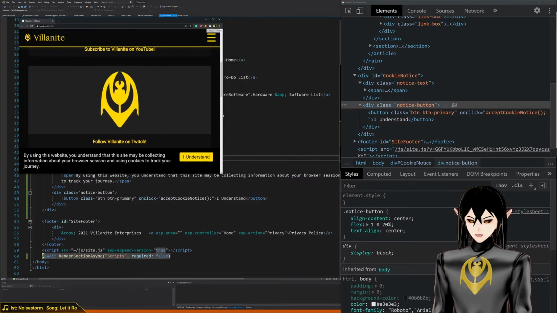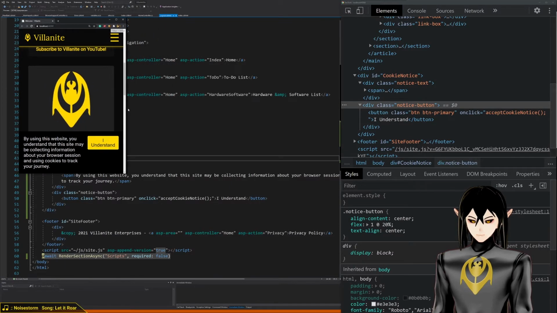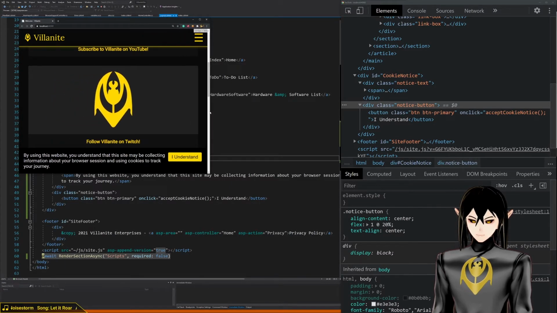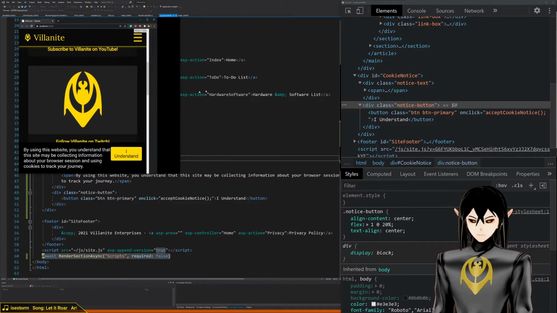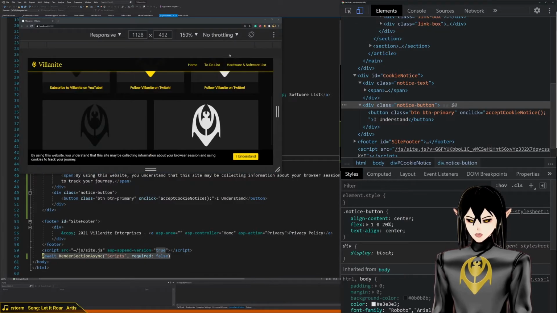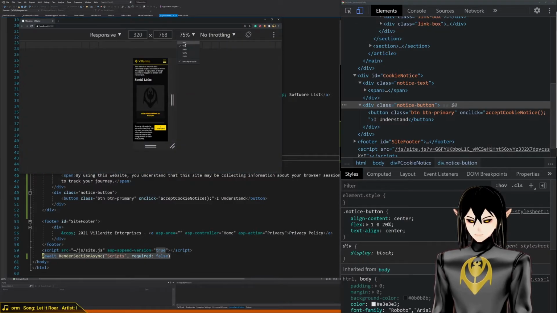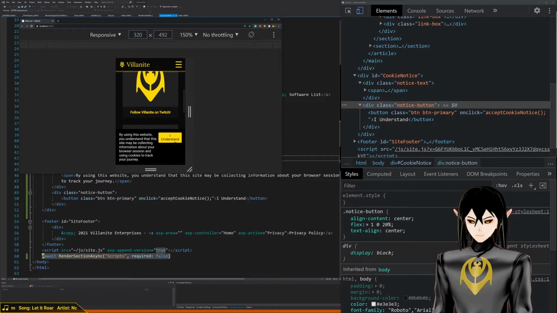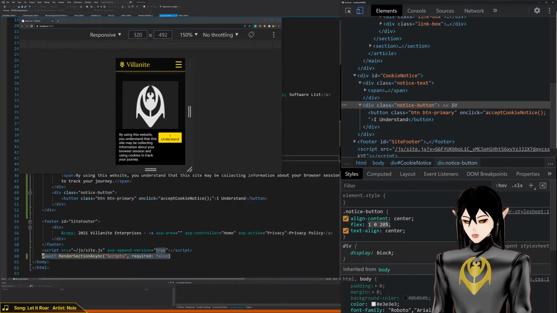How's this look on all the other sizes? Man, still looking kind of funny there. Alright, let's go to mobile only. Zoom in on this. Alright, so